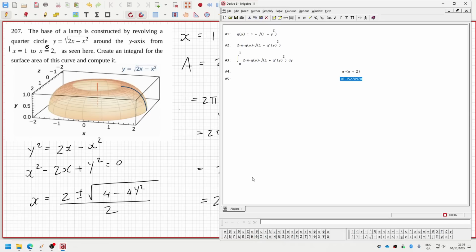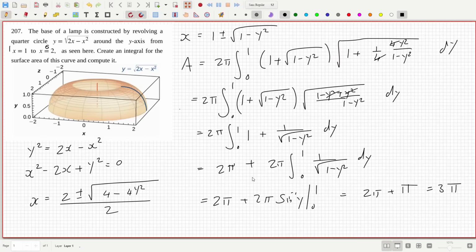x 1, 2 minus 1 is 1. Okay, that's 1. And then 2, 4 minus 4, 0. Yeah. y squared, 2x minus x squared, minus 2x plus y squared, minus b plus or minus square root b squared minus 4ac all over 2a. 2's cancel out. 1 plus or minus root 1 minus y squared. 2 pi root 1 plus that. Then that cancels down to